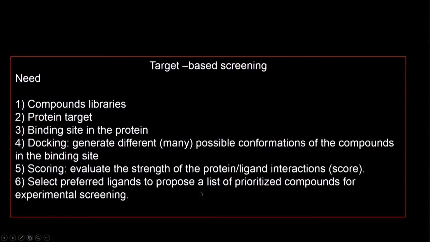We can also look at other interactions, how many hydrogen bonds it has formed and so on, and then we can conclude that certain ligands have good binding to the active site, certain ligands have poor, and then select the preferred ligands. So you prefer ligands which you think bind very well, then prepare a list of prioritized compounds, maybe you start synthesizing them